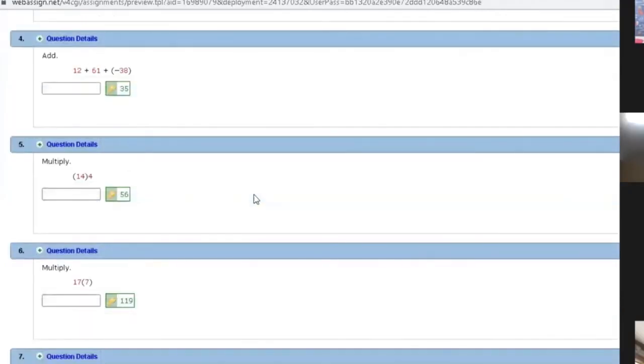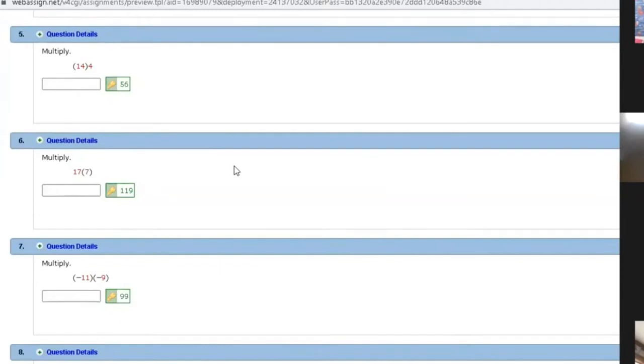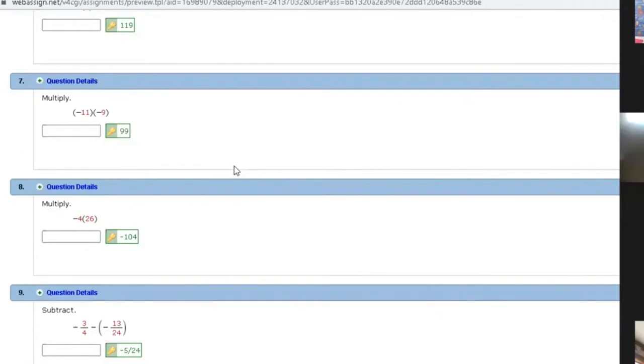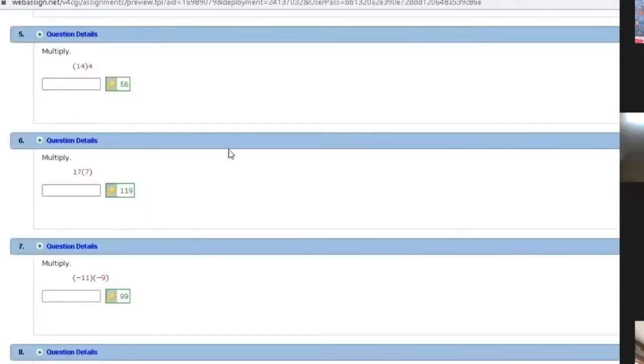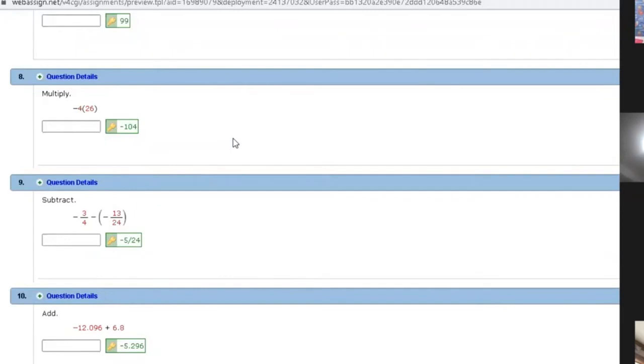For objective 1 through 5, 4 questions are going to those objectives, and the rest are going to be 3 questions. So for 5 through 8, we have objective 2, which was on multiplying and dividing. Hopefully you guys are good with this. Like I said, it's okay to use your calculator. All of this is building blocks from where we ended up in objective 1. Then after that,